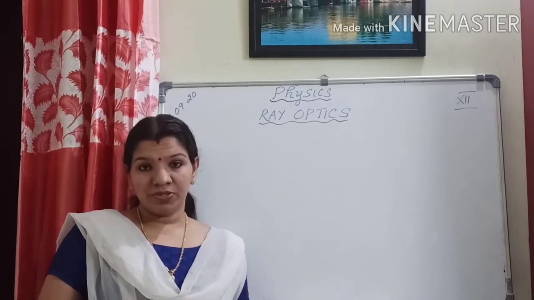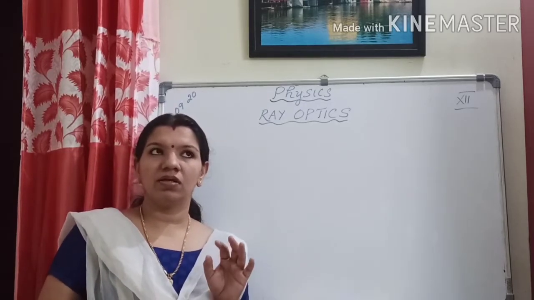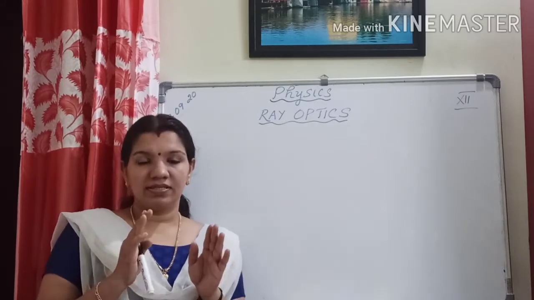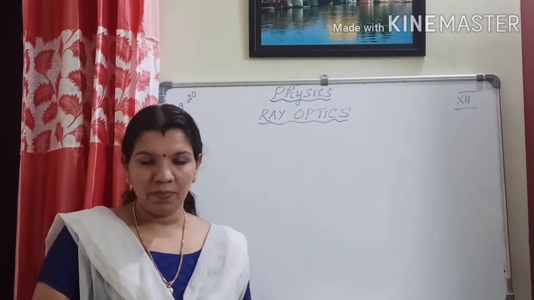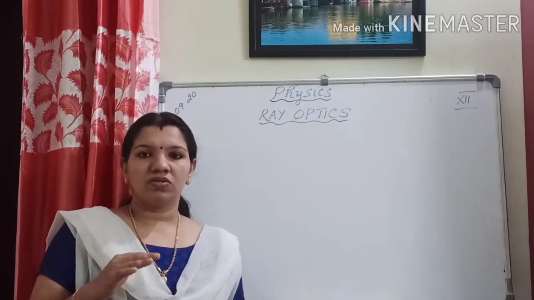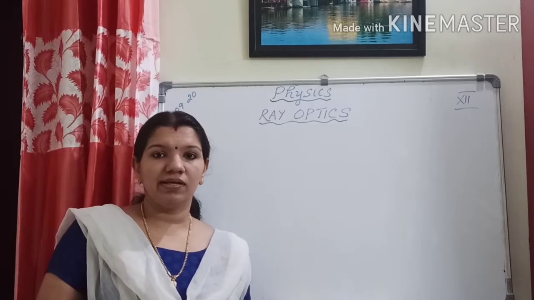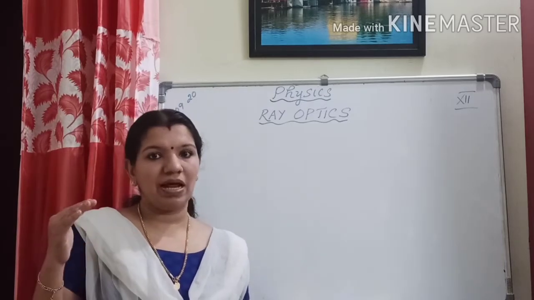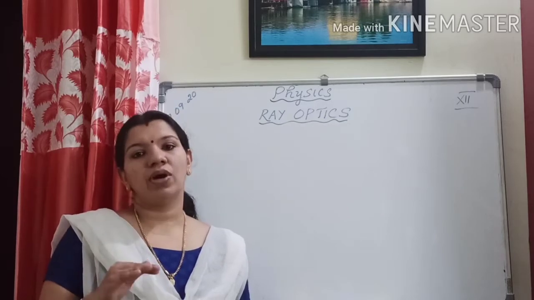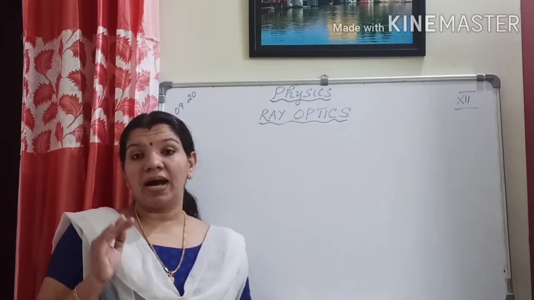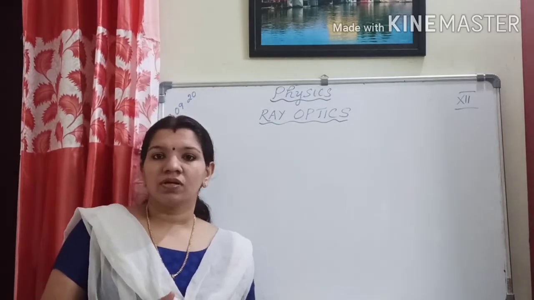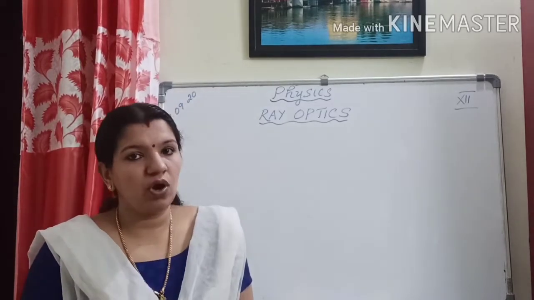Okay. So in optical instruments, actually the portions were human eye, microscope and telescope. But the section human eye is deleted. Already it is deleted 2 to 3 years before. So no need to study, as you have studied in 10th standard in detail, the structure of human eye, then defects of eye, etc. And in this year, you have to go through the microscope and telescope. Okay, microscope and telescope. So first we will start with microscope.